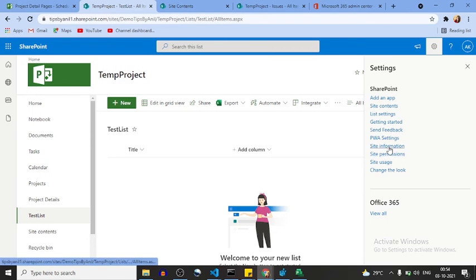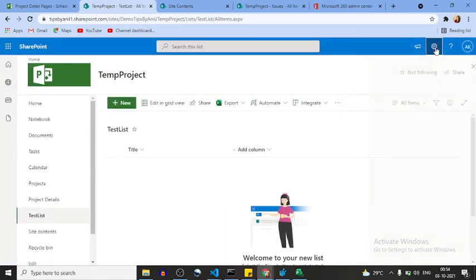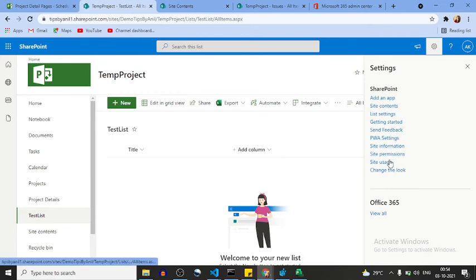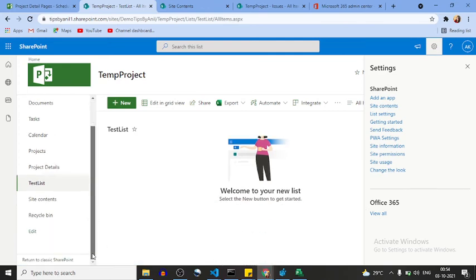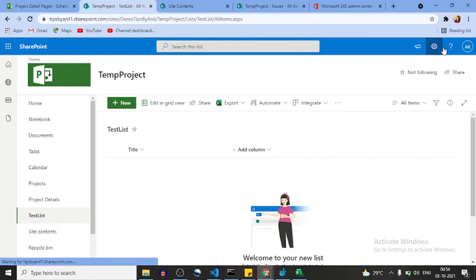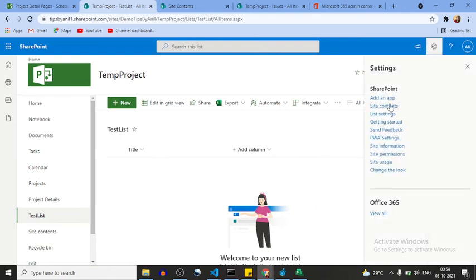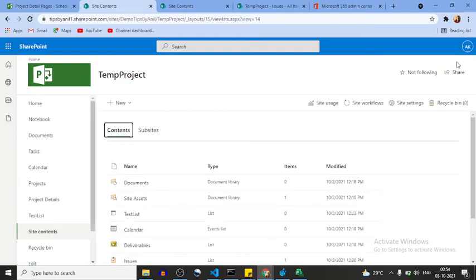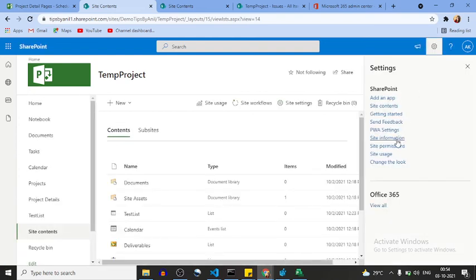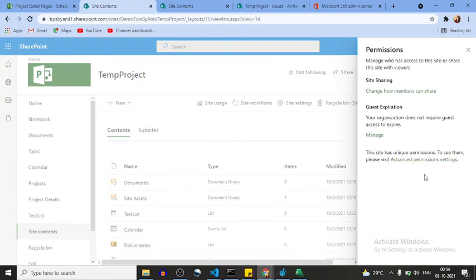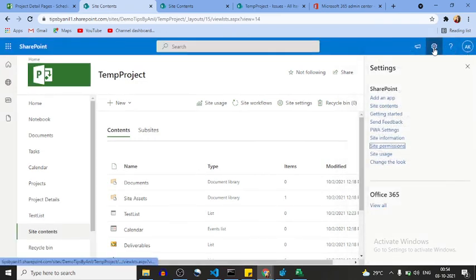I'll go inside settings, sorry, site information, I will go inside settings, site permission. Okay, this is correct.